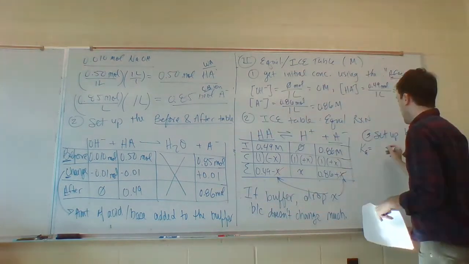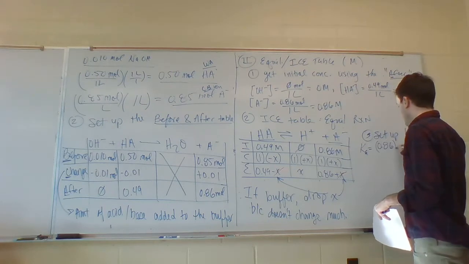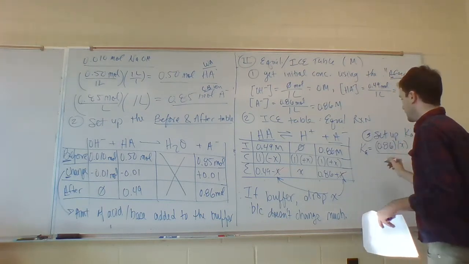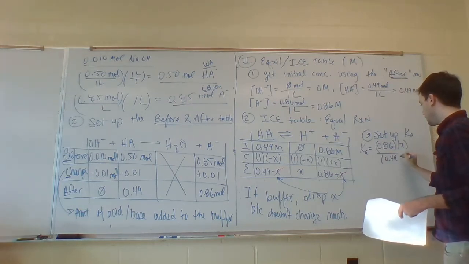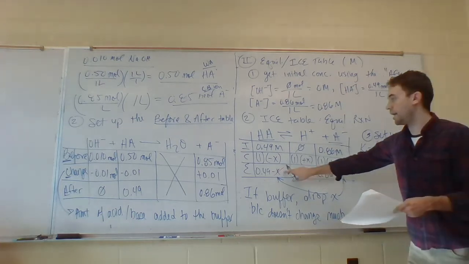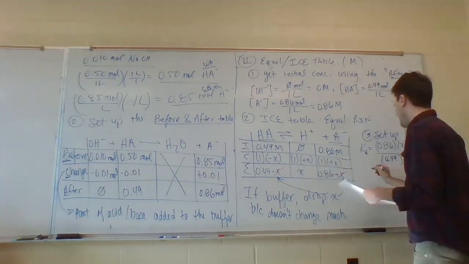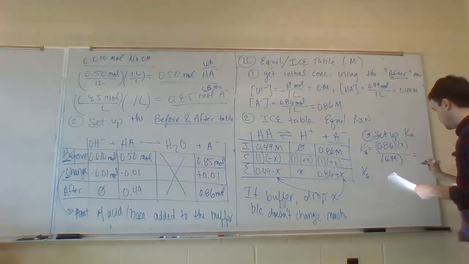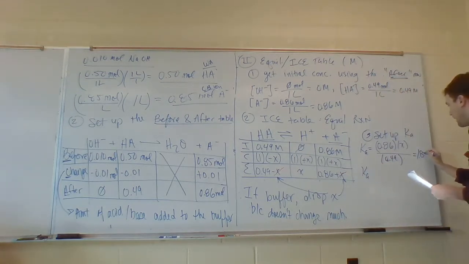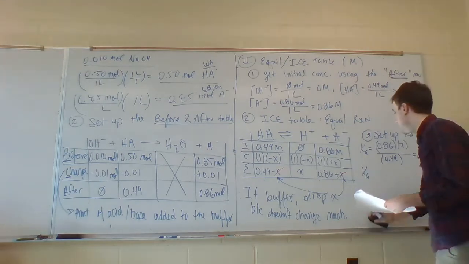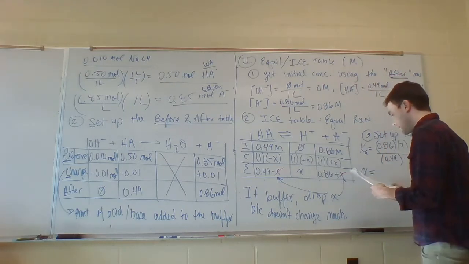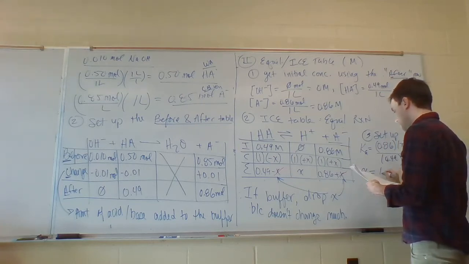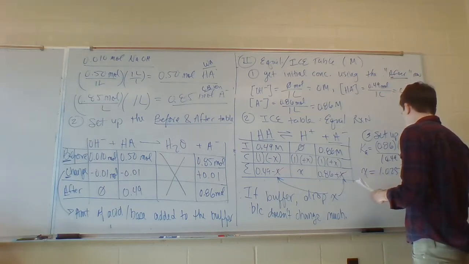I'm going to put my 0.86 times my X, each to the first, and then I'm going to put that over my 0.49 to the first, because again, I dropped that little X. Now, the Ka for acetic acid is equal to 1.85 times 10 to the negative fifth. So I can then solve for X, which is going to be equal to 1.025 times 10 to the